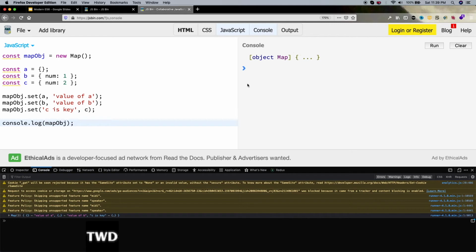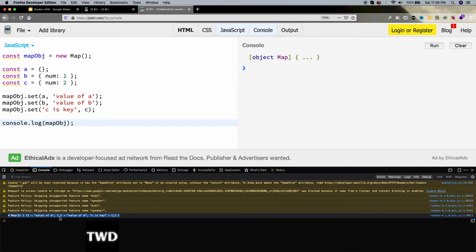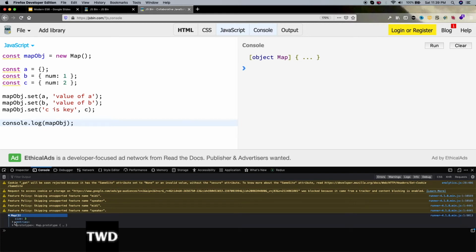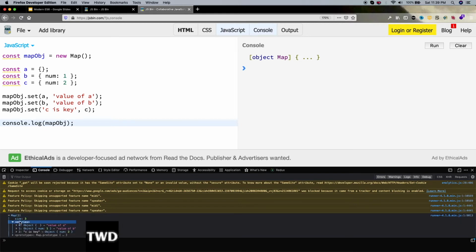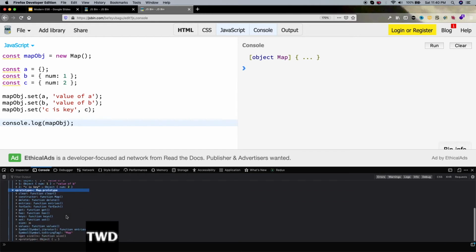See, it is not even showing it properly, but see here, a Map, it is containing these 3 entries, size is 3, and the first entry is the object and value of a. Second is this object num. So first this a, an empty object, second is this, and the third is c is key. So it is showing perfectly.